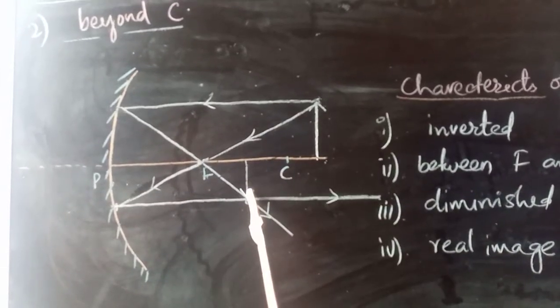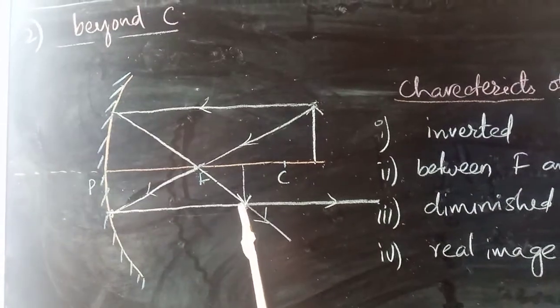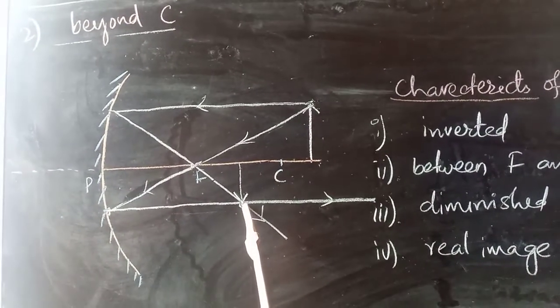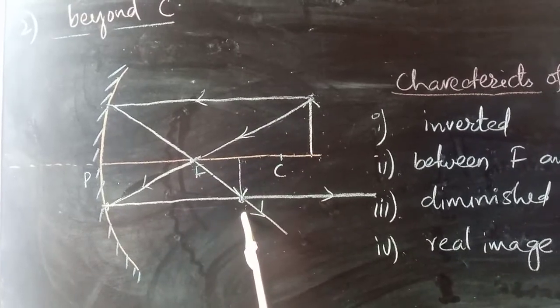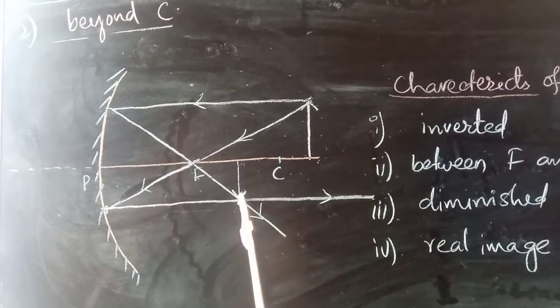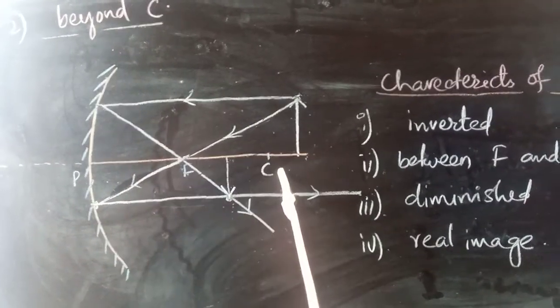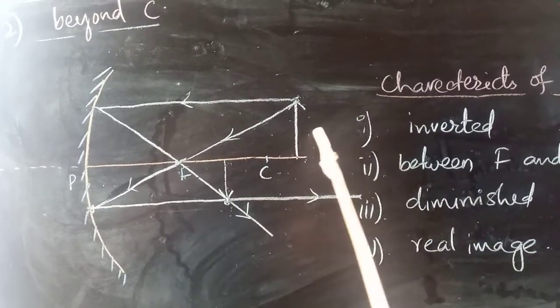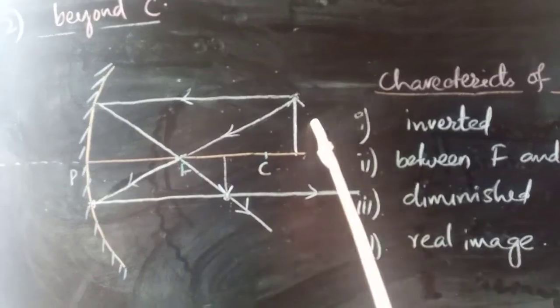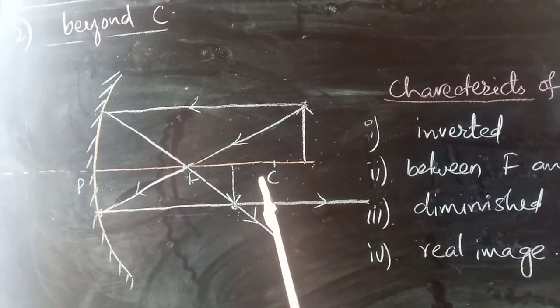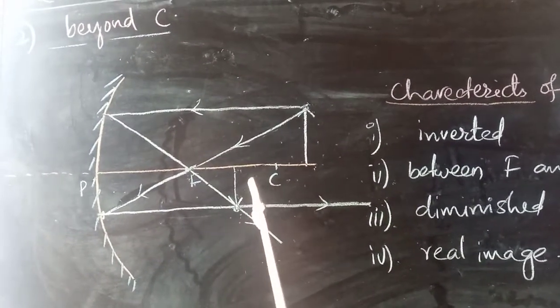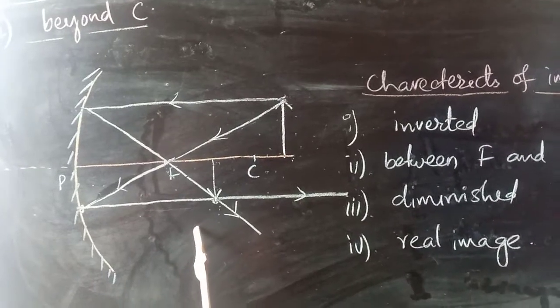So what are the characteristics of this image? You will see here, it is inverted, it forms in between F and C, and it is diminished compared to the actual object. And also we can catch this image on the screen,